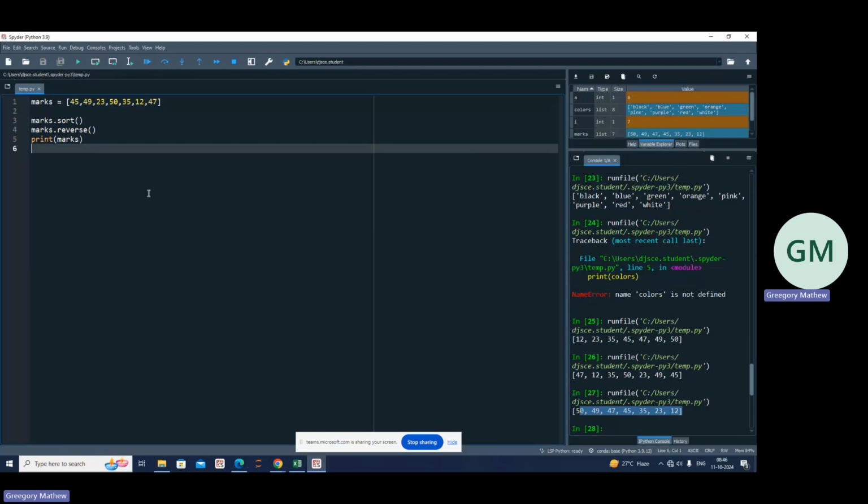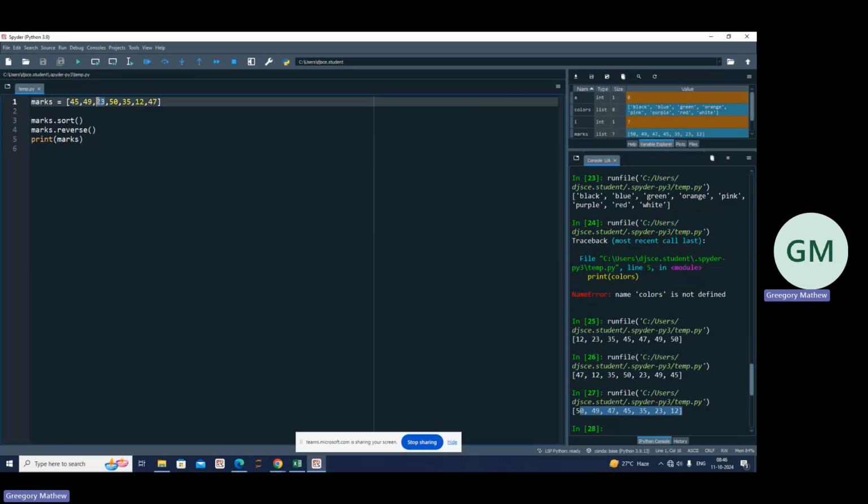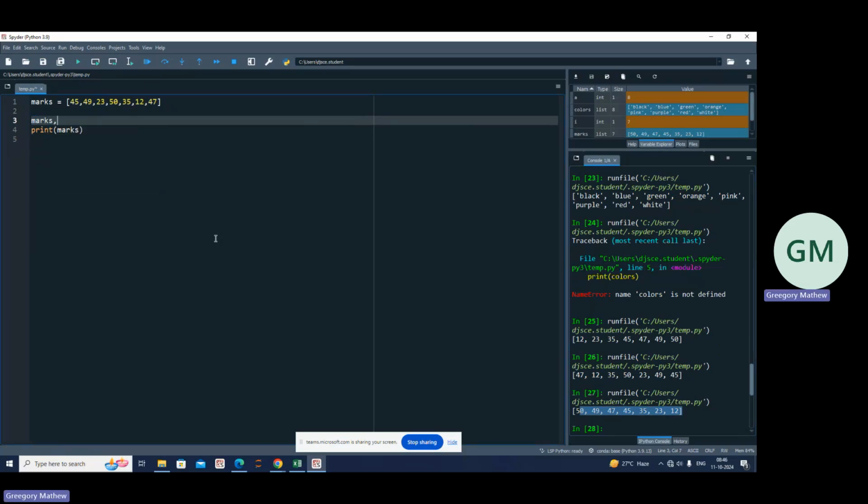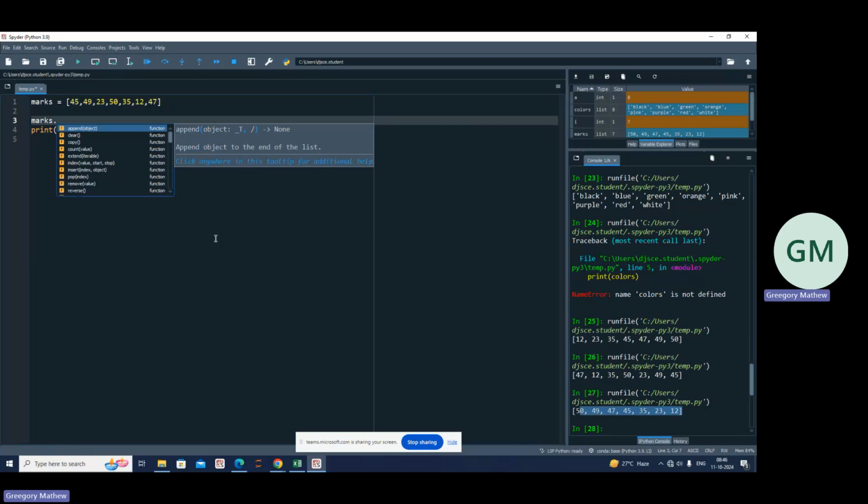Now what if I want to remove, say, this entry of 23, which was actually entered incorrectly? I want to remove that. So I will use the pop function. I can use the remove function. So I will say marks dot